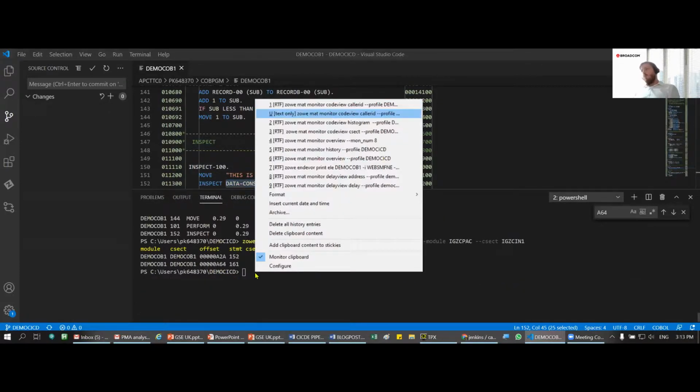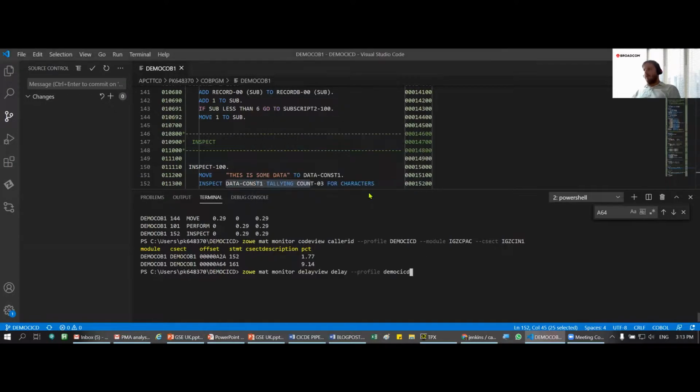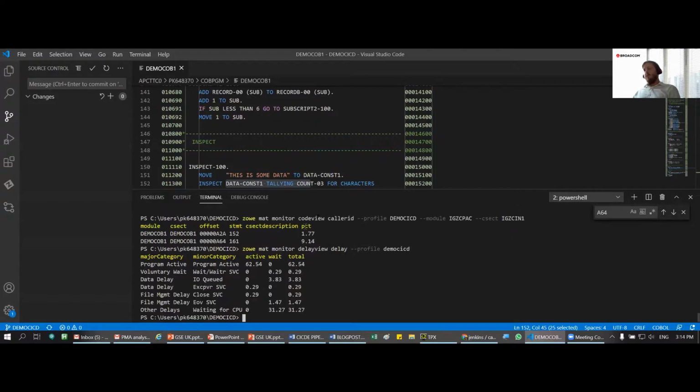Allow me a few more commands before I hand back. We can also have different contextual views. So this was the code view, where we were trying to attribute the performance degradation to the specific statements. But we can also display, for example, the delay view, and within the delay view we are more interested in the delays. So I can list even for the program active, major and minor category for program active, I can list down